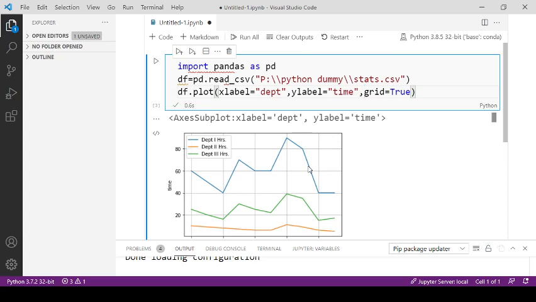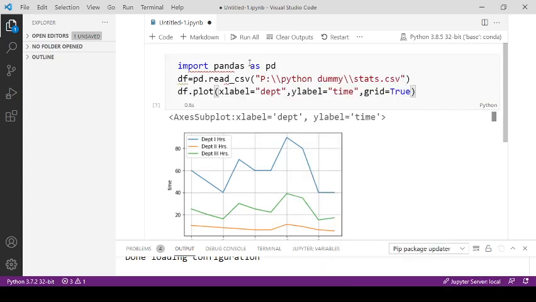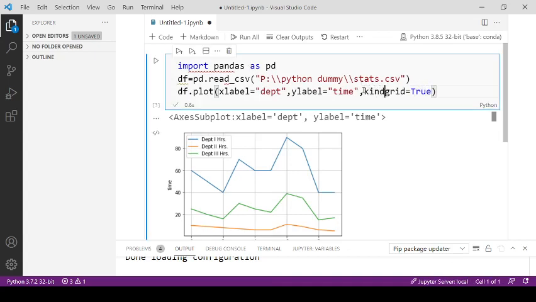Now if you want to represent the data using a bar graph, you need to use the kind parameter, and you need to write kind equals, and then we need to specify the type of graph.